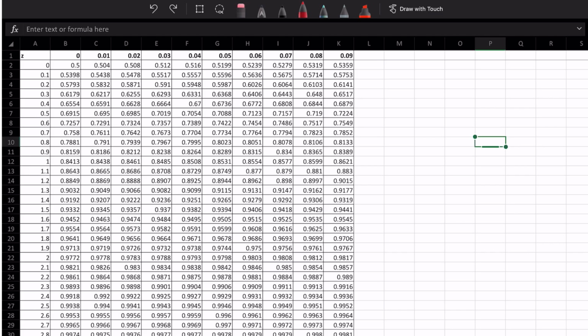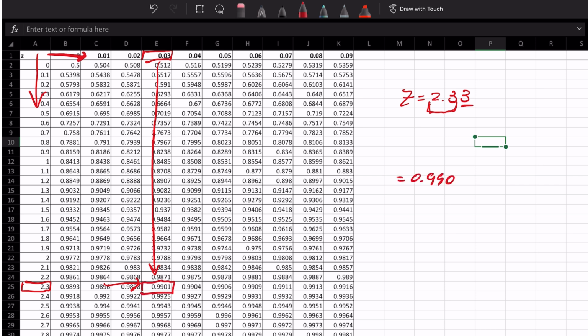Alright, I'm back at our z-score table. We know our z-score is equal to 2.33. And remember, like I said, the first column of this contains the first 2 digits of our z-score, in this case 2.3. So we go down to 2.3, and then the last digit of the z-score is 0.03, which is this box across the top. And when we track them down in the table, we can see that our percentile is equal to 0.9901,